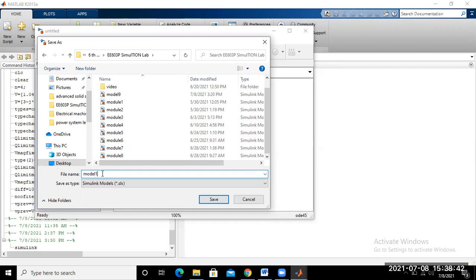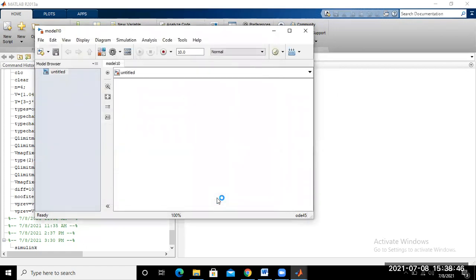Model number 10, and save. So this model is saved in the Simulink lab folder with the name model number 10.